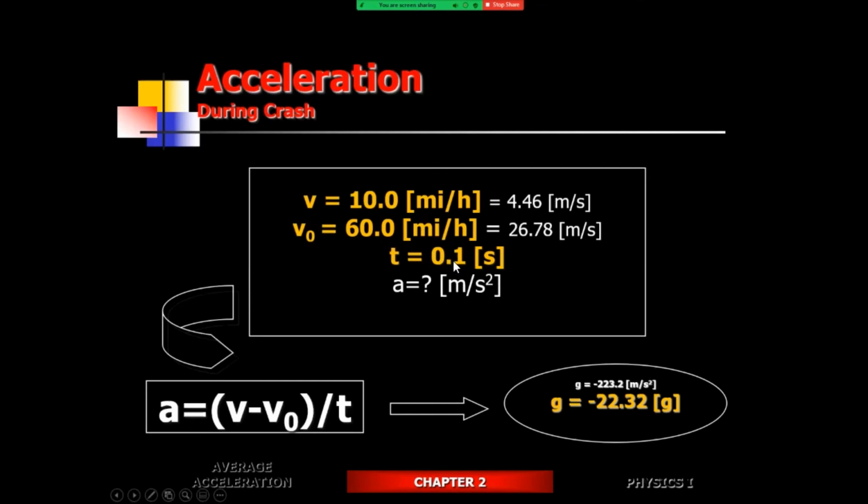And the impact time that you're looking at is an estimated impact time, which is built into the car, into the crumple zone. At 40 to 50 miles per hour, it should give you about a tenth of a second. And this is at 50 miles per hour. So the estimated acceleration of the car was about 22 Gs. That's the average acceleration of the car. It was about 22 Gs.